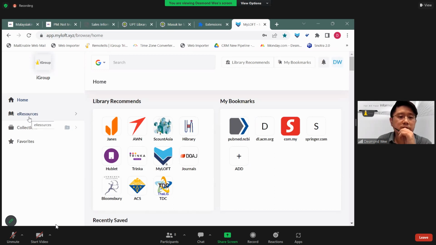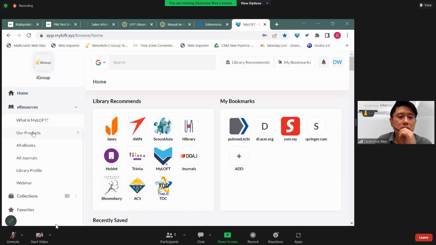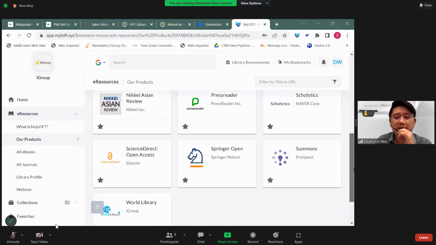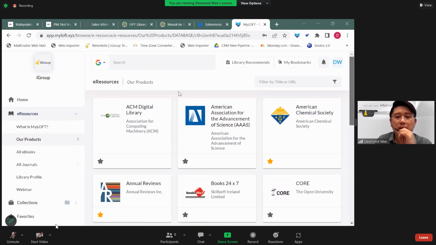You can click on resources. All right. And it lists out all the subscribed databases here as well. And the way that the aircraft engineering team designed MyLove is that they don't change the way the user accesses the subscribed databases. Okay, so what I mean is that